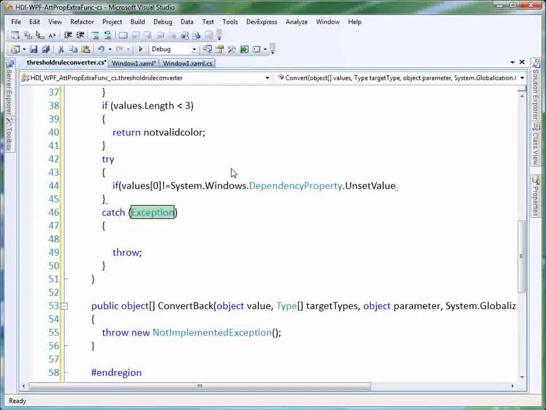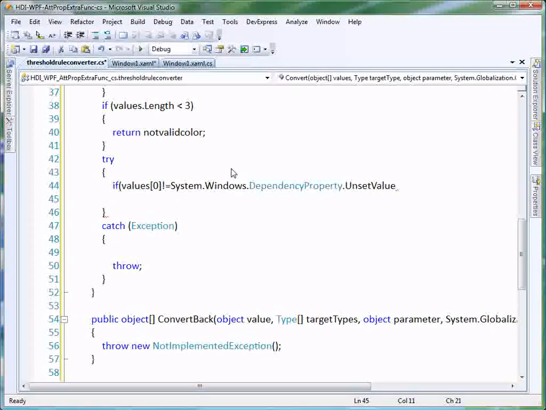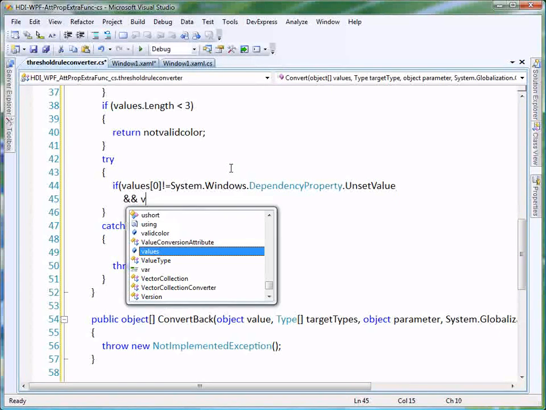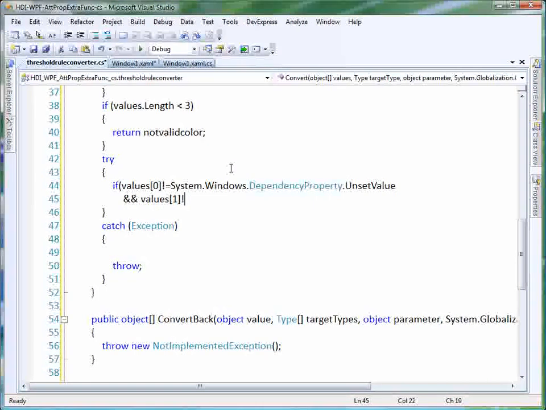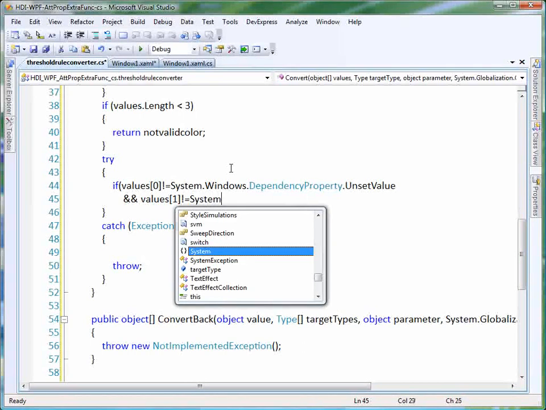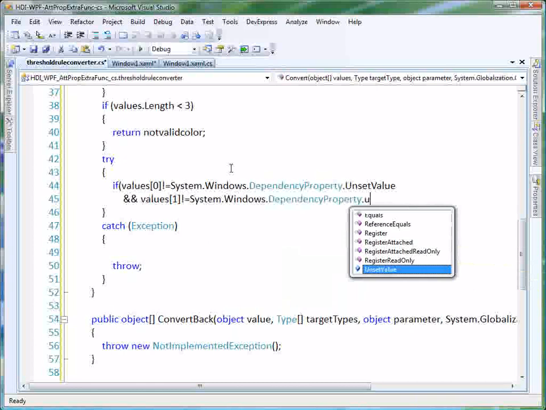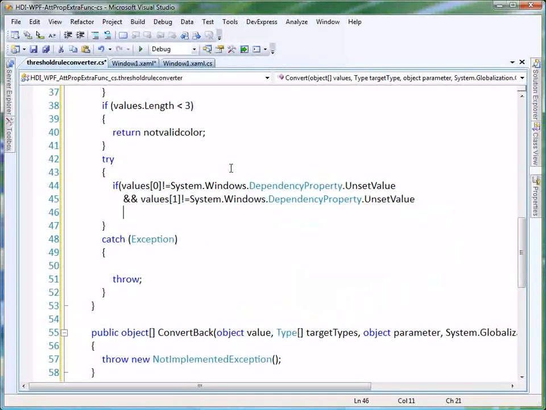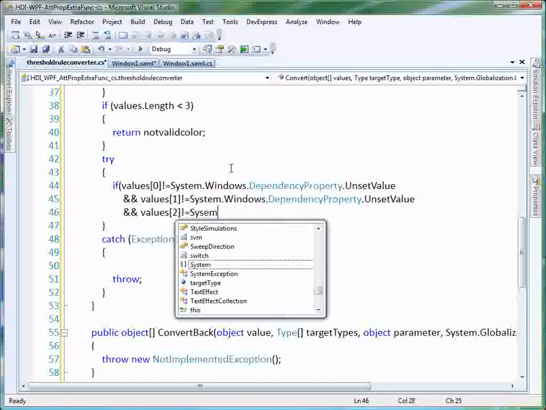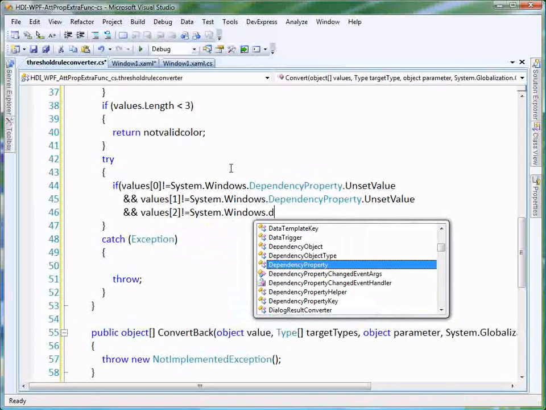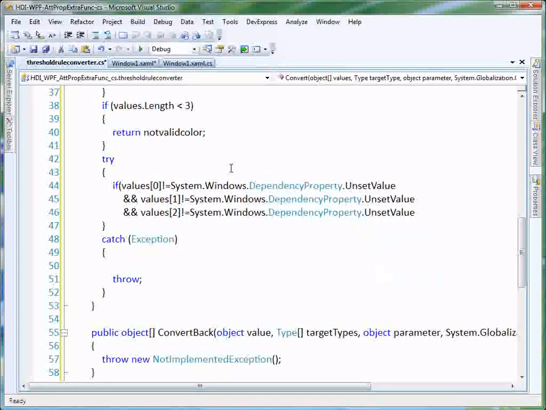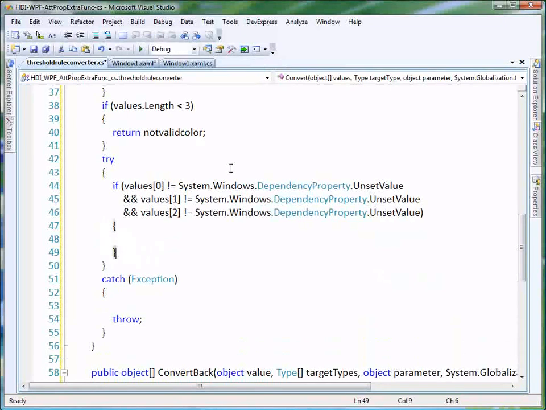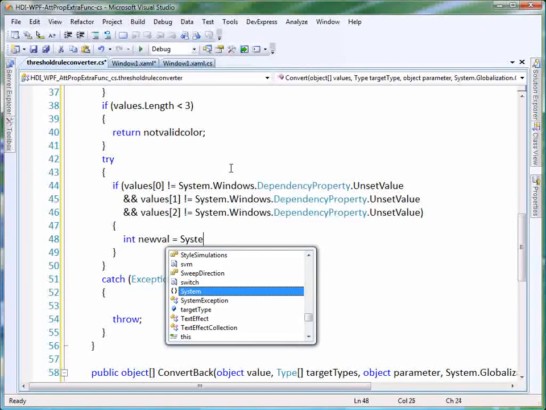So if values[0] is not an unset value and values[1] is not equal to System.Windows.DependencyProperty.UnsetValue and values, finally, [2] is not equal to System.Windows.DependencyProperty.UnsetValue. So if we have valid values in all of those, then let's say int newVal, which is going to be the new value, is, let's just do a